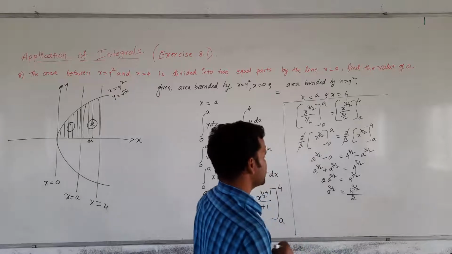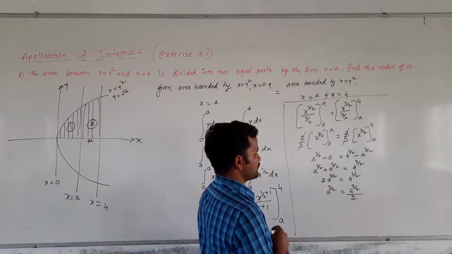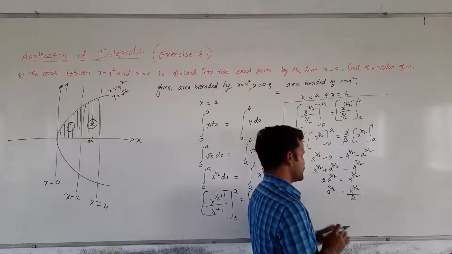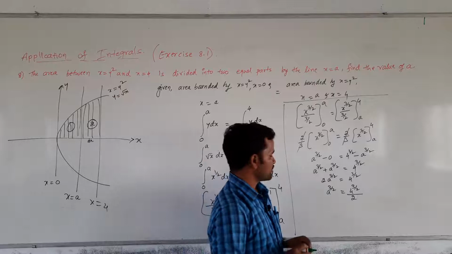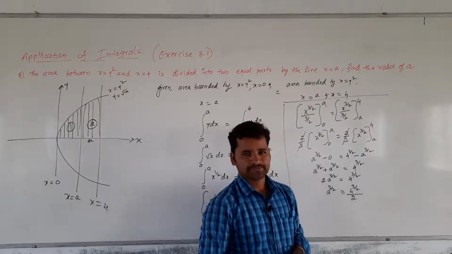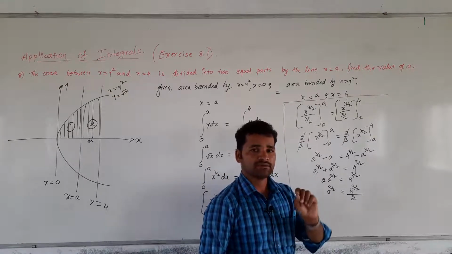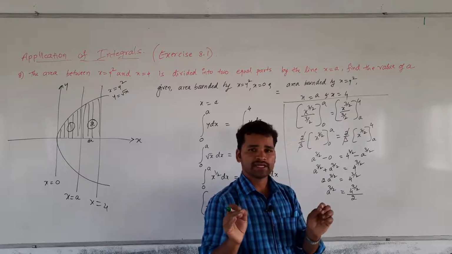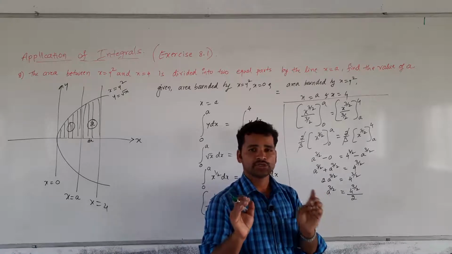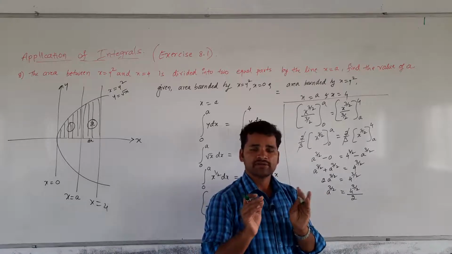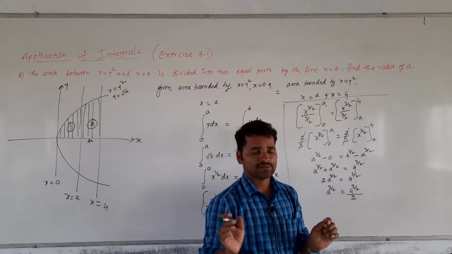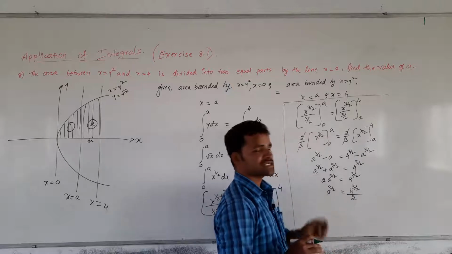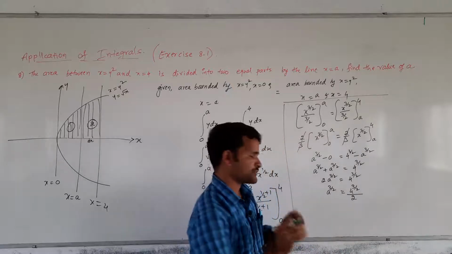Now what we will do here, a raised to 3 by 2, 4 raised to 3 by 2 is there. The best way is to take the power of 2 by 3 on both sides. It is like squaring on both sides. If you square, what power will you take on both sides? 2. Take cubing on both sides, means what power will we take? 3 we will take on both sides. In the same way, here we are taking the power 2 by 3, so that it gets cancelled out. We will separate for a, that's why.